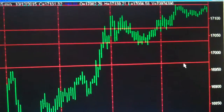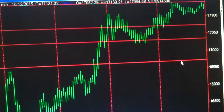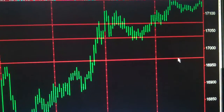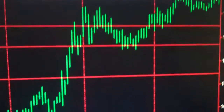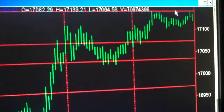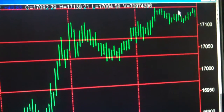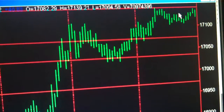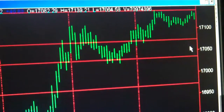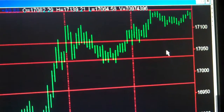What was disturbing to me about it, I just couldn't quite figure out why this was happening when the overall market isn't indicating anything particularly worrisome today. This is the Dow. This is kind of interesting. We finally exposed our fourth red line up here. Now, just in terms of my own analysis, these four red lines used to be the floor for the Dow when we were up in the stratosphere. And of course, we've had this major correction, and now these four lines are representing definitely a resistance area for